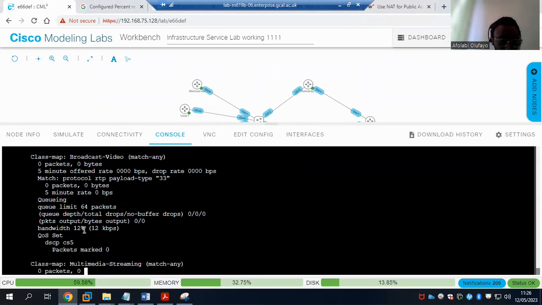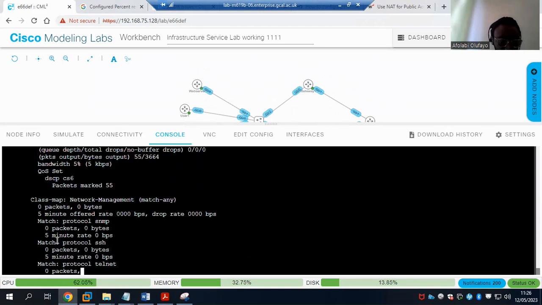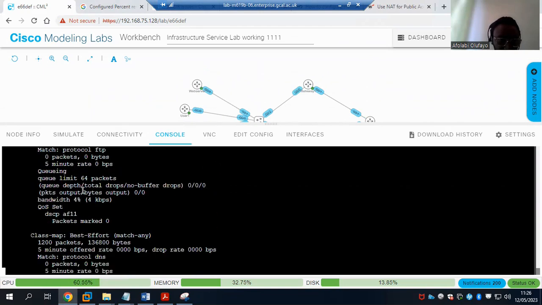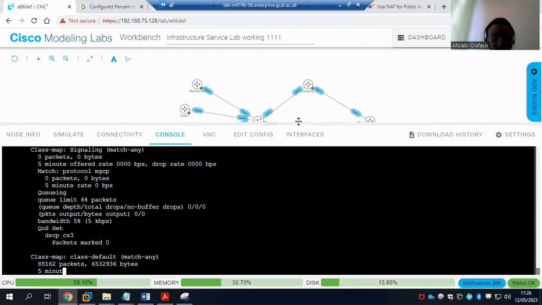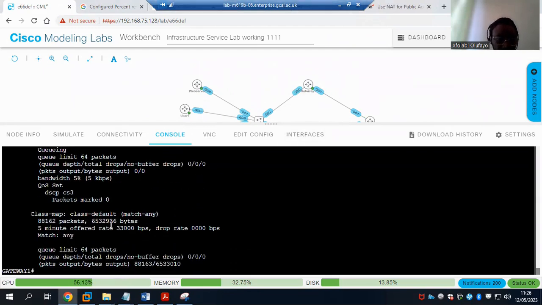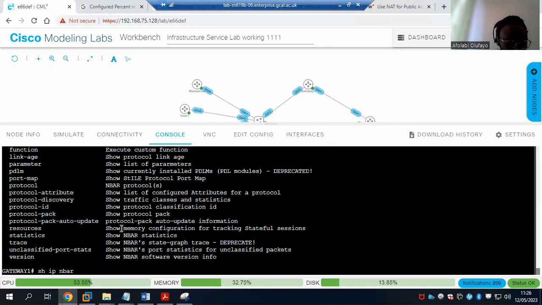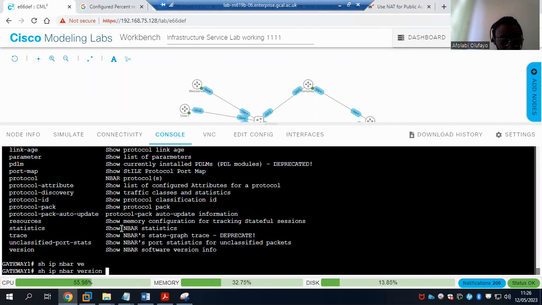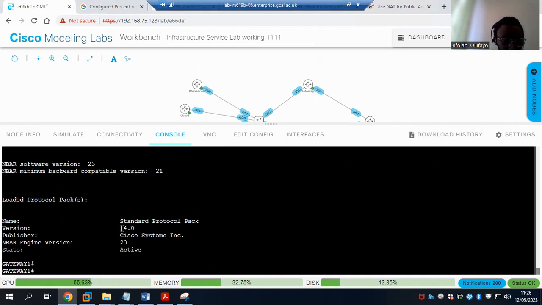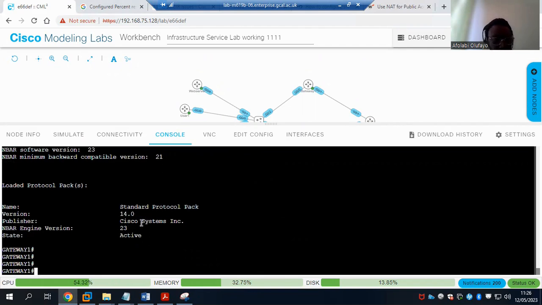Okay, so it's displaying the classification for the categories of traffic, and I've run NBAR protocol, which is running. So I'm running version 14 here, and the status is that it is active at the moment.